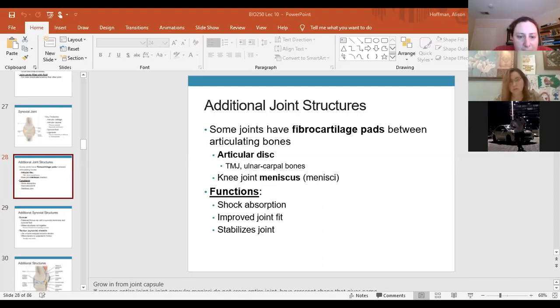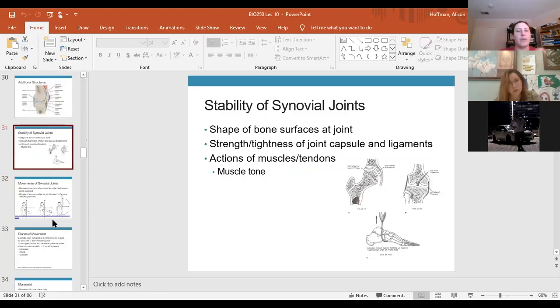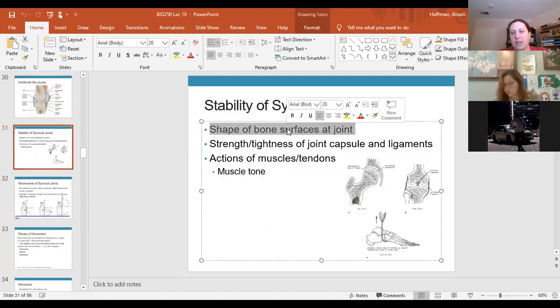All right, synovial joint stability. Okay, let's go back to that. I didn't spend a lot of time on it because there's only so much I can talk about. And sometimes I do go into this more, but really, when we're talking about joint stability for synovial joints, there's a balance between range of motion and stability. So the things that typically increase the stability of synovial joints, such as the fit of the bone surfaces at the joint, so how the bones come together,